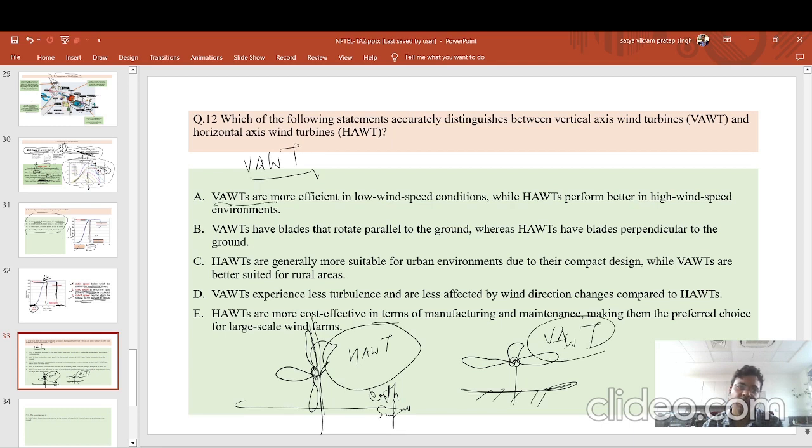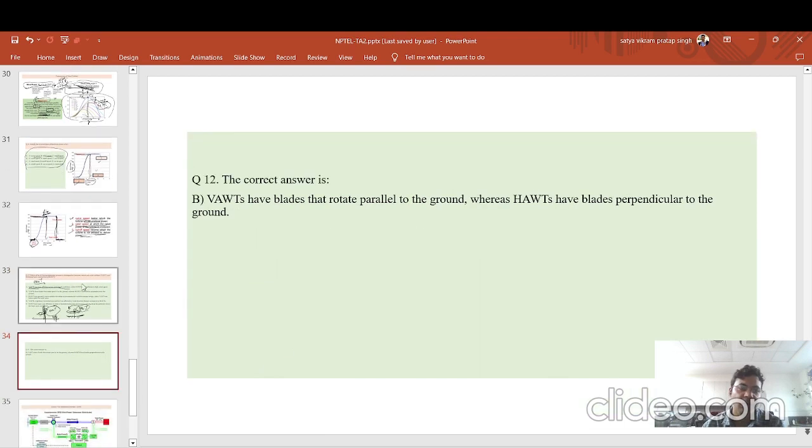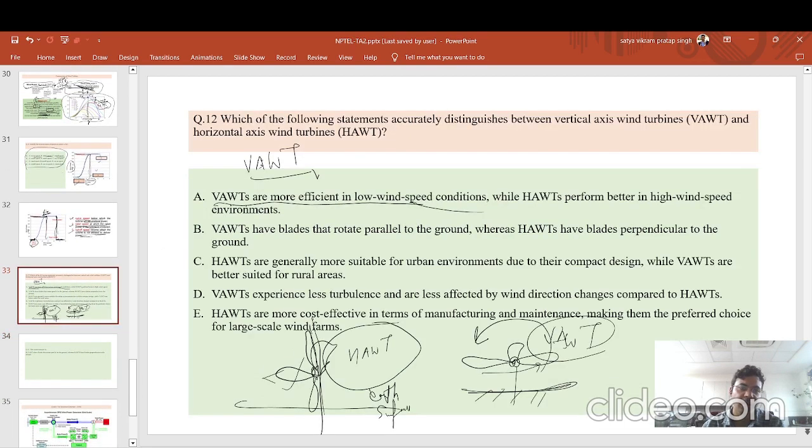Two types of wind turbines are there, and from this you can say, suppose I am taking the first option, that it is more efficient. Which is more efficient at low wind speed? If you see, at a low wind speed, the vertical axis will rotate, and the horizontal axis at a low wind speed will not generate. So the option that the vertical axis blade is more efficient is not correct. The horizontal axis wind turbine is more efficient at low speed,